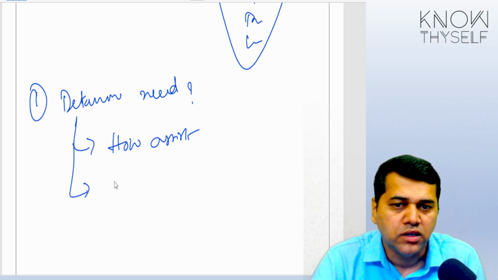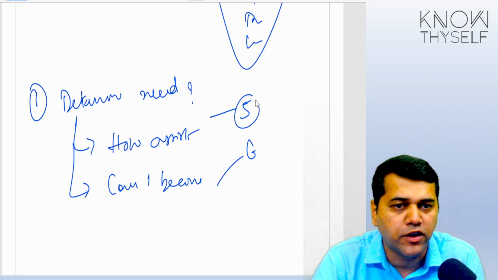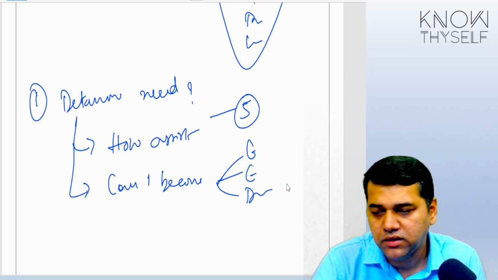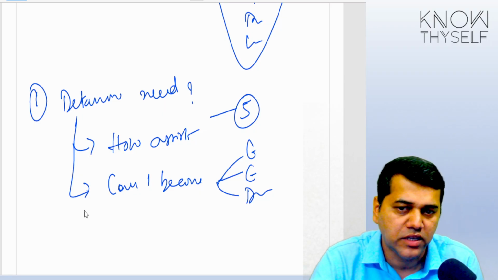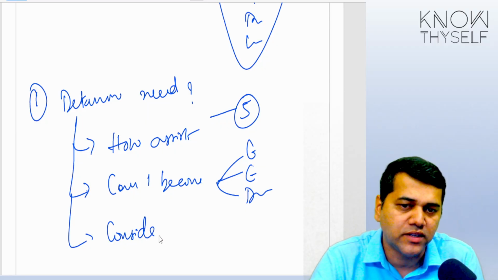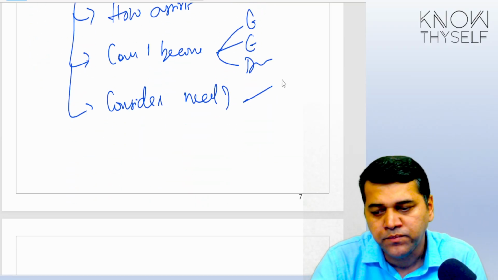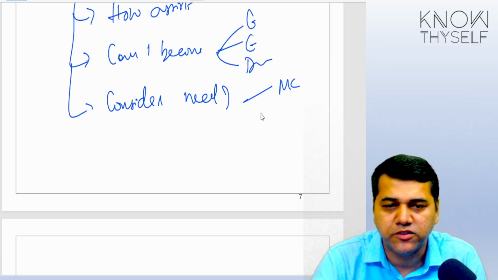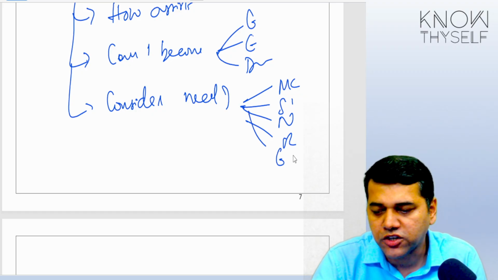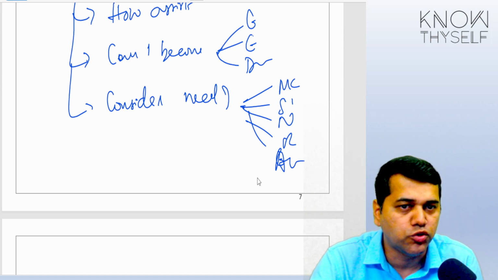And the second question: can I become the expert? Yes, how? Education. Here we have 5 points. Through education, experience, and your discussion with other auditors having similar experiences, 3 elements. The third thing: what factors do you consider to decide whether you need an expert? We have around 4 factors there, which include whether a management expert has been used, significance of the matter, nature of the matter, risk, and the expected nature of the auditor's knowledge about the work of the expert. How much you know.